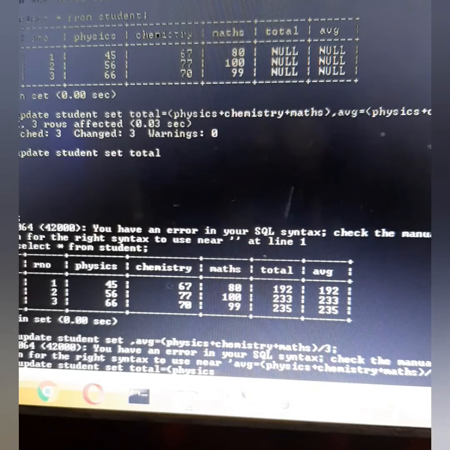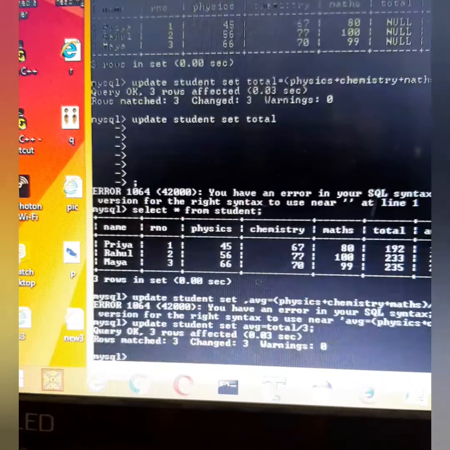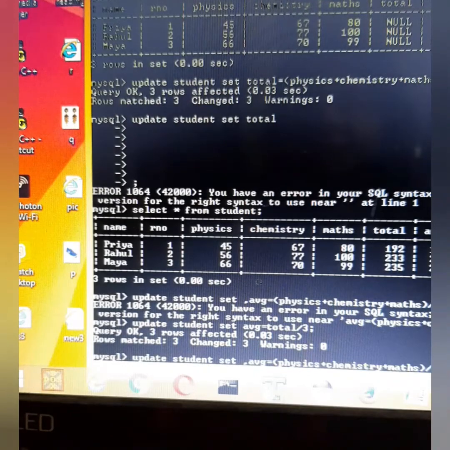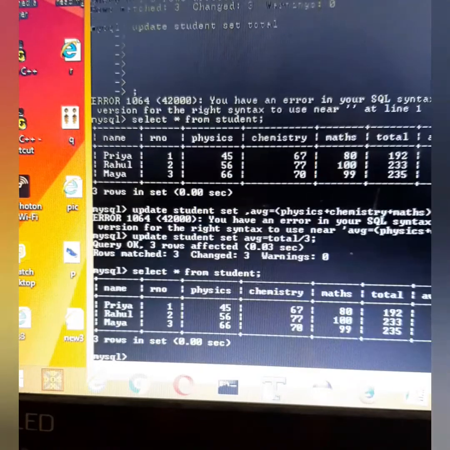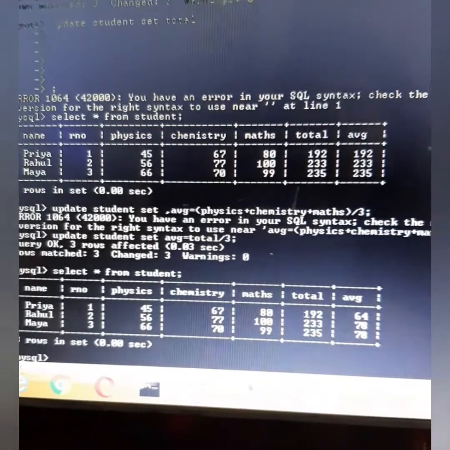We'll write it afresh. So I'll write update student set average is equal to, I already have got total, so total divided by 3 also I can do. So let's see with select command. Now here we are getting the average for each and every student divided by 3.